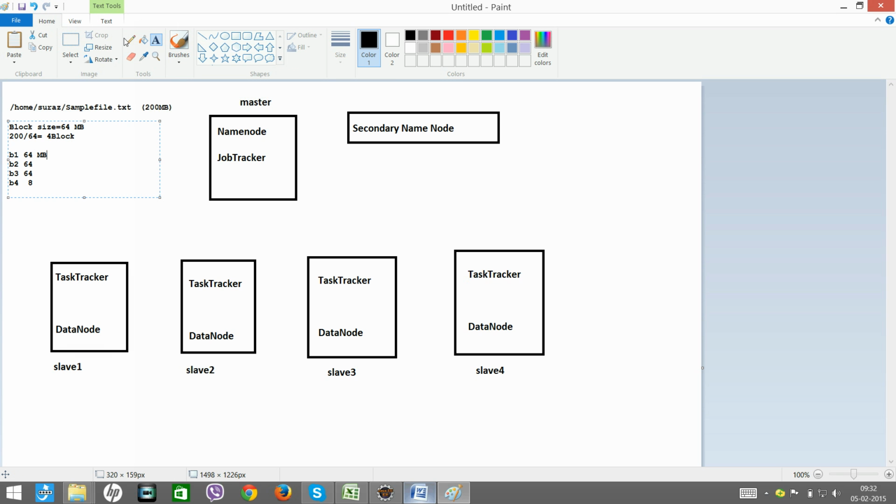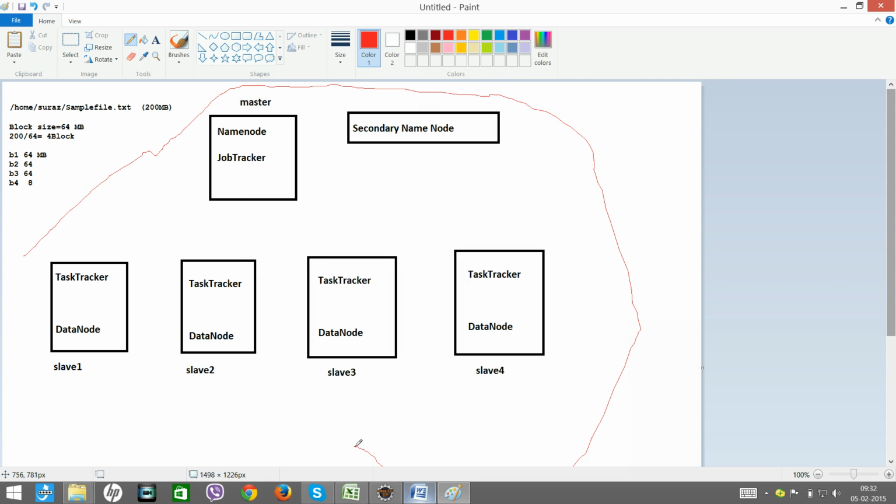Now when you try to store this file in your Hadoop cluster, this is your Hadoop cluster completely. We will try to access this Hadoop cluster using something like PuTTY or secure CRT.